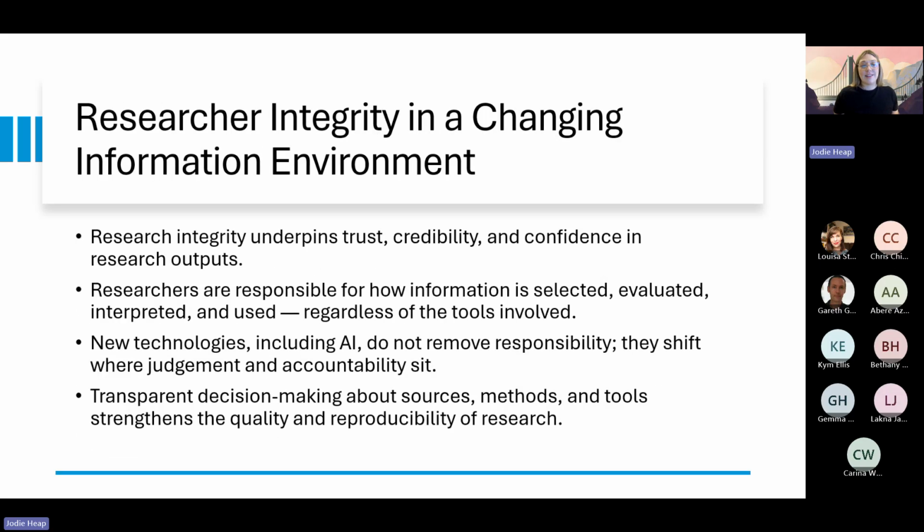There's a lot of change at the moment, and I just want to take a second to acknowledge that with you guys. Researcher integrity is a big conversation at the moment because we are in this information revolution. We're in this really changeable landscape. We're having to deal with things that have not necessarily occurred before, and so there's not necessarily case studies, there's